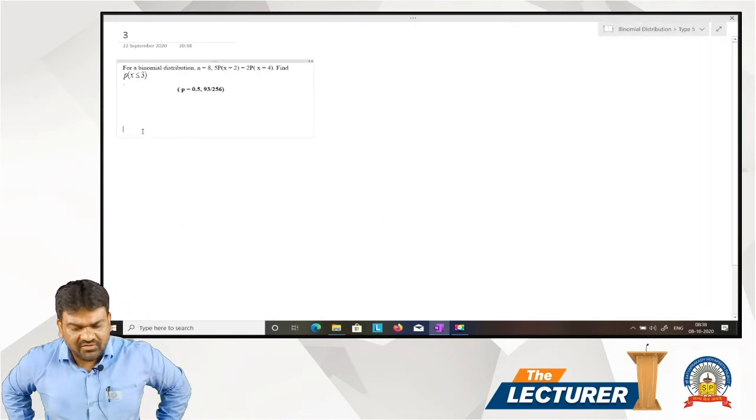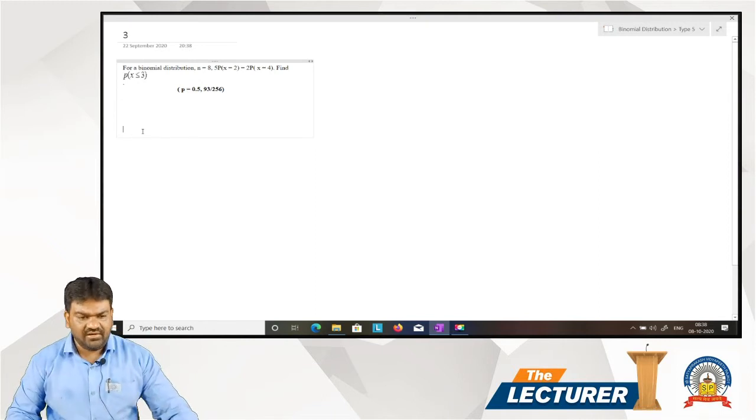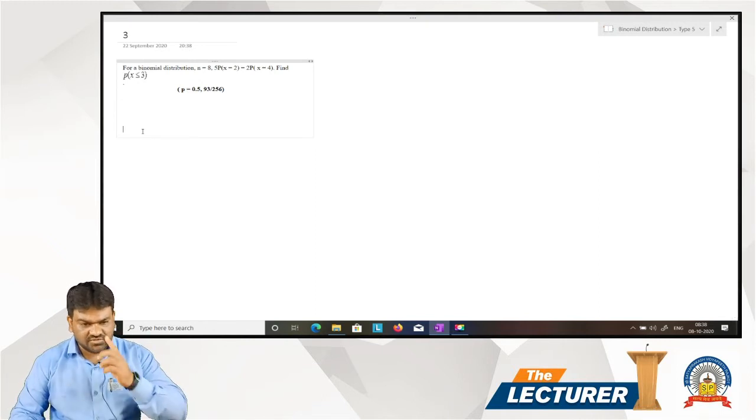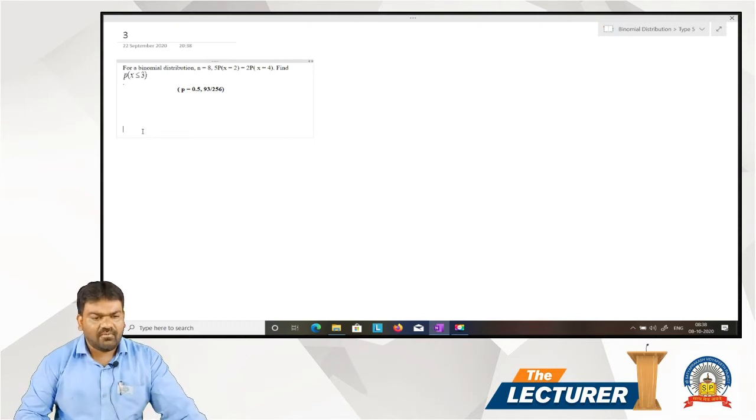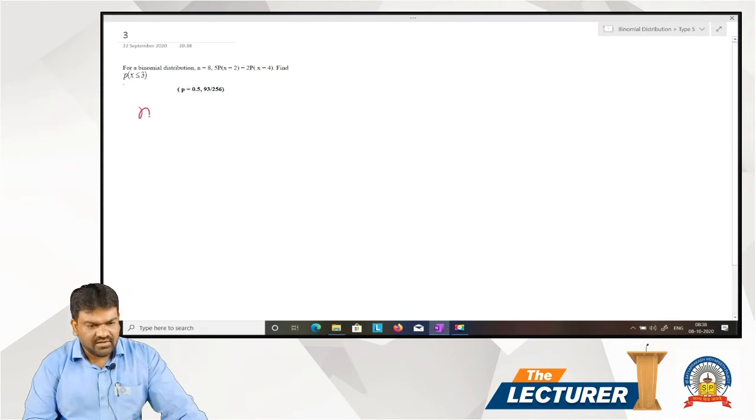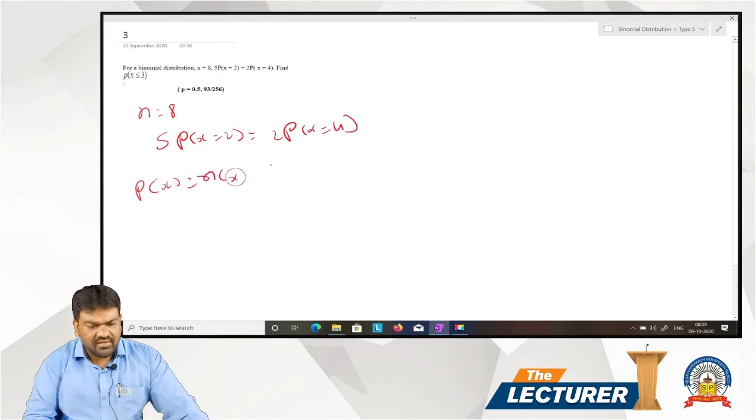For a binomial distribution n is equal to 8, 5 P of x is equal to 2 is equal to 2 P of x is equal to 4. Find P of x lesser than or equal to 3. P of x is equal to nCx, p raised to x, q raised to n minus x. First P of 2,